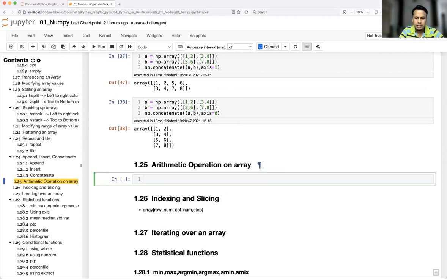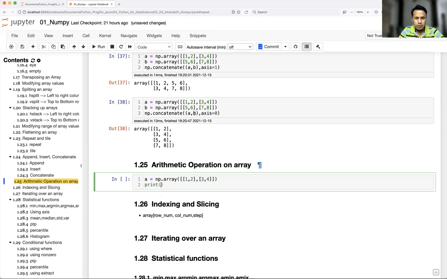Okay, so let's create one array here, a equal to np.array, say [[1, 2], [3, 4]]. So this is a 2 by 2 matrix.